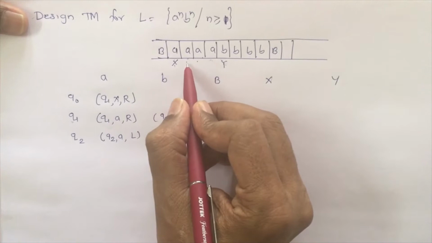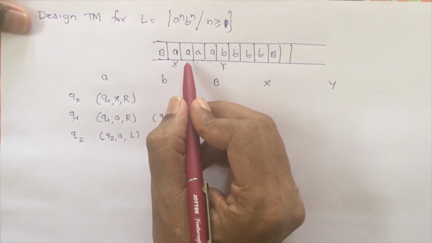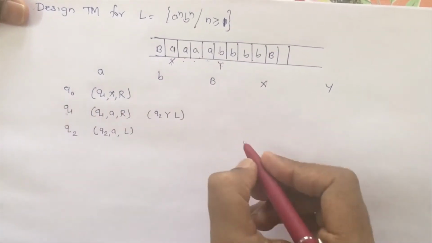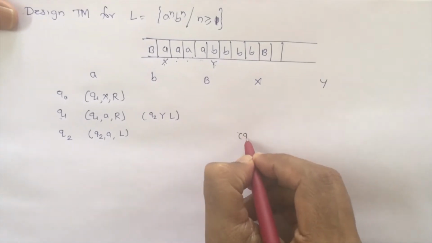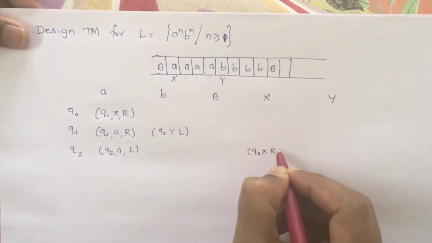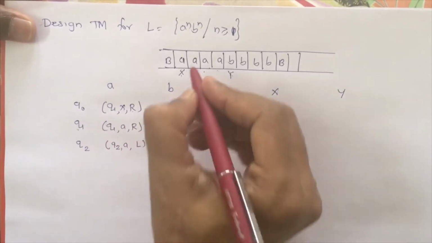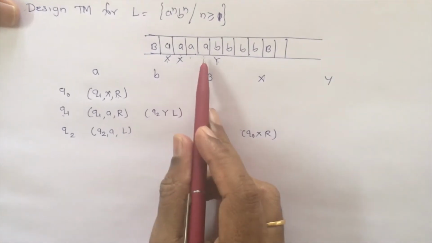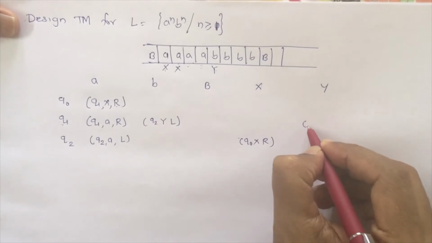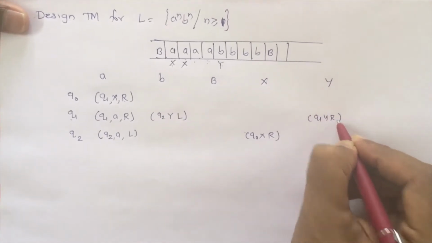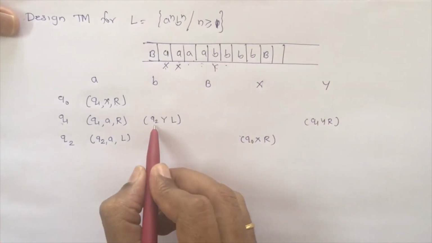When we reach X, we have to again go to the next a. So we have to shift to right, and we already made this occurrence of a replaced by X in state Q0. So all would be skipped. When it reaches X, we will write Q0 X R. So it will come over here. Again Q0 A, so Q1 X R, Q1 A, Q1 A R, Q1 A, Q1 A R, Q1 Y. Now we have to skip, so we will write Q1 Y R. So it will be here Q1 B would be Q2 Y L.